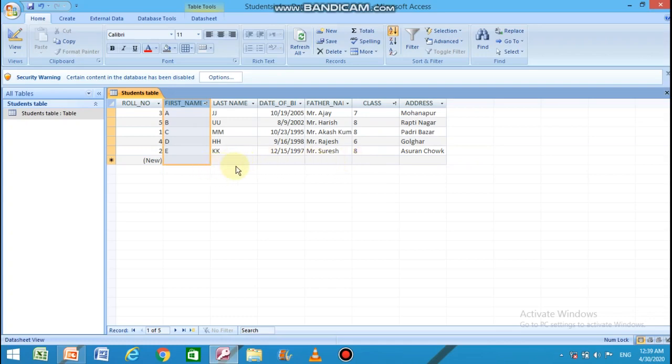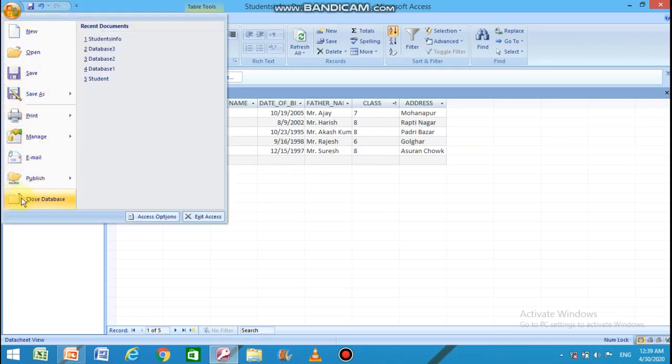After performing all the work, you can close the database by clicking on the Office button and choosing the command close database. It will ask you whether to save the changes or not. Click on the yes button to save the database and close it.